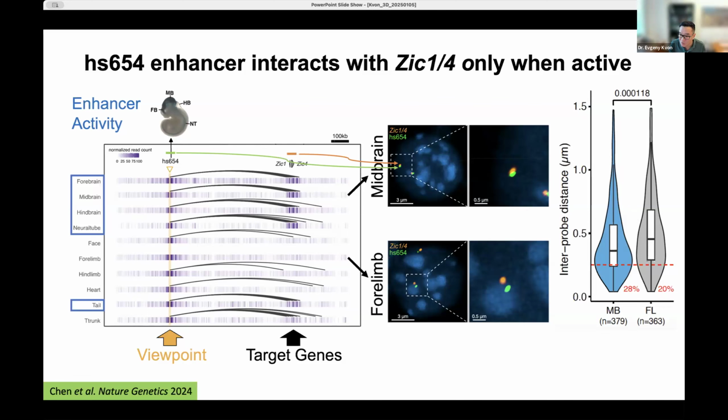of nuclei. So the difference here is not as strong as we see in capture Hi-C, because capture Hi-C is based on cross-linking, right? And we're looking at just a small population of cross-linked nuclei, whereas here we're looking at the entire population of nuclei. So there is a significant difference, but it's not as big.